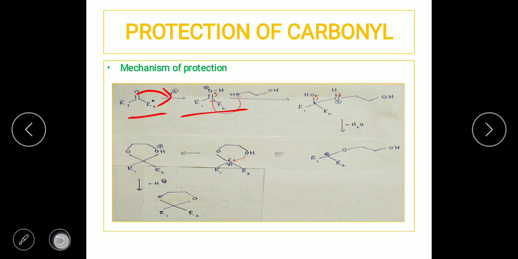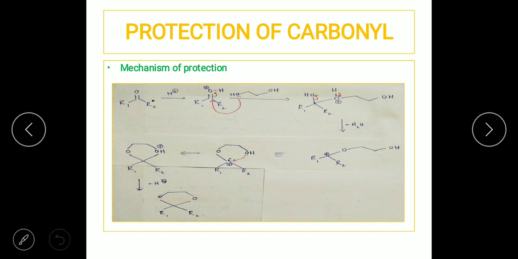So here comes the use of the glycol, that is, the ethylene glycol comes into existence, and here the oxygen on the hydroxyl group is going to attack the carbonyl carbon, because we know the carbonyl carbon is electropositive because there's an oxygen attached to the carbon. Now the oxygen on the diol, that is the glycol, is going to attack the carbonyl carbon. Once it attacks the carbonyl carbon, the bond between oxygen and carbon moves towards the oxygen to ease the positive charge.